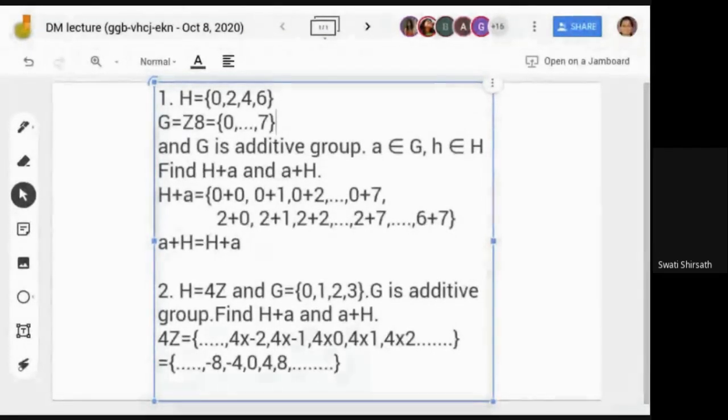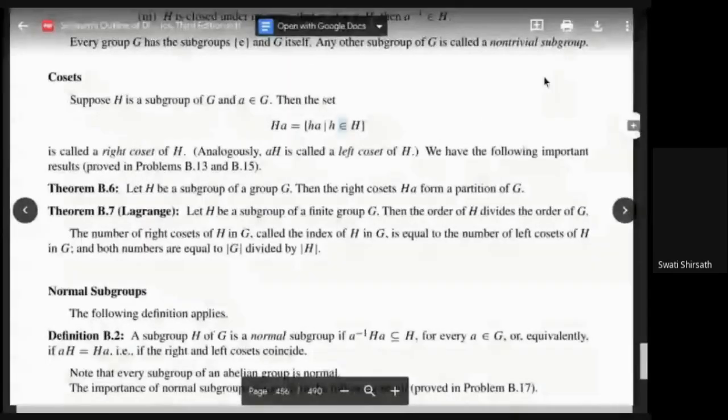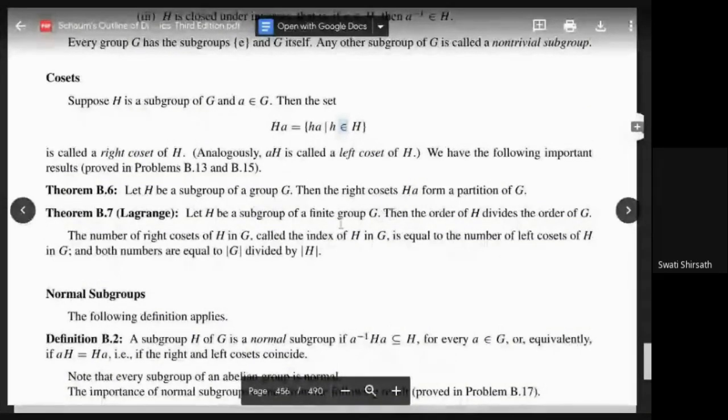Okay, are you done? So that we can proceed to the next. Should I stop sharing that tab? Is there any doubt, girls? Okay, chalo. We are back to this page now.